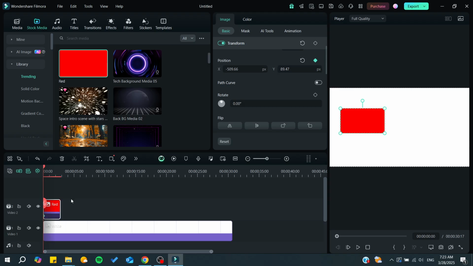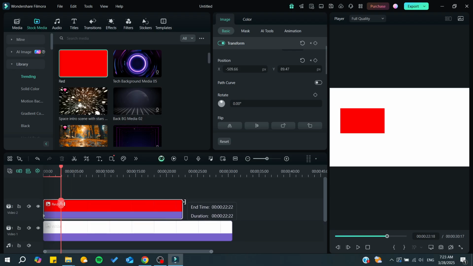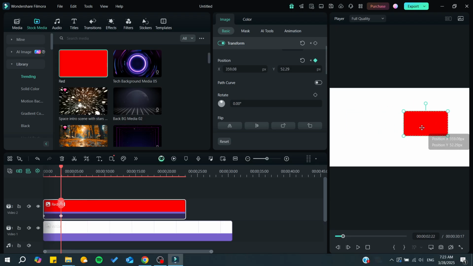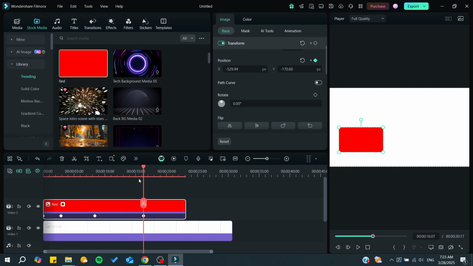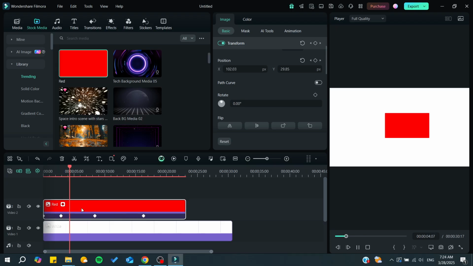So basically here in this time, we will have our position to be here. Now in this time, I want the position to be, for example, let's just have it here. I want my shape to be here. Now, in this time, I want it to go down, and basically in this time, I want it to come here. So basically now we can use the playback speed, and we'll see that the video is moving, and